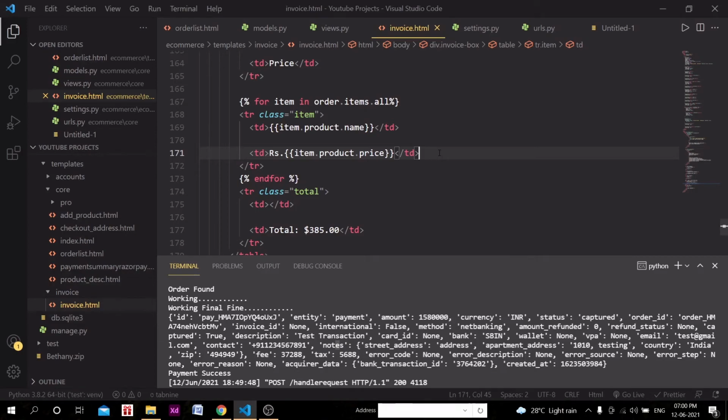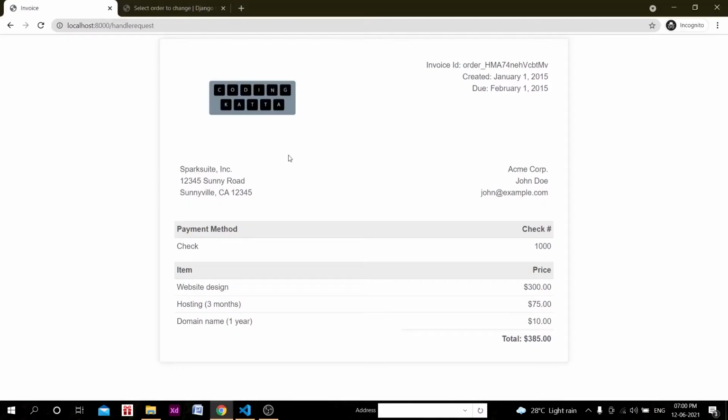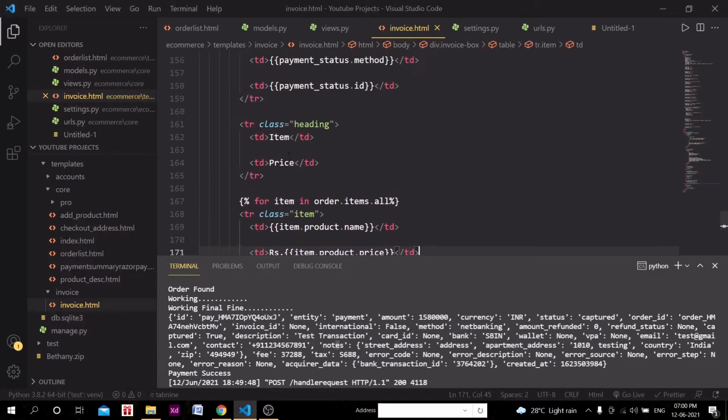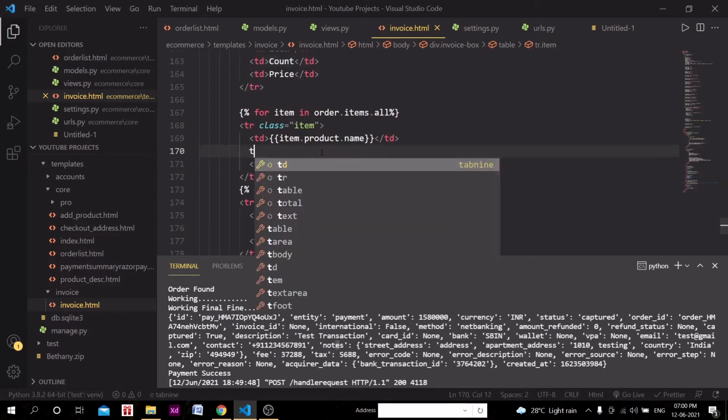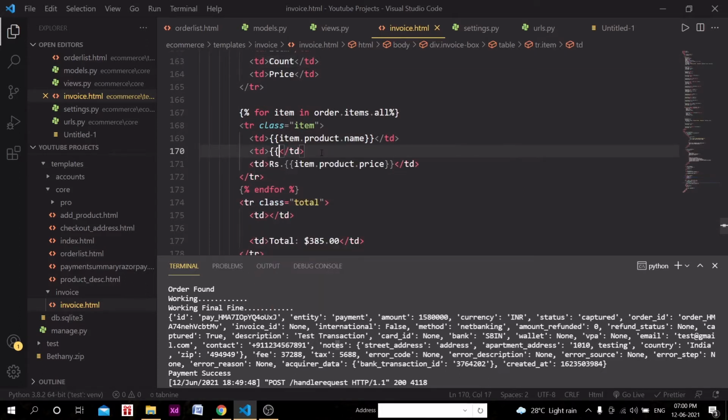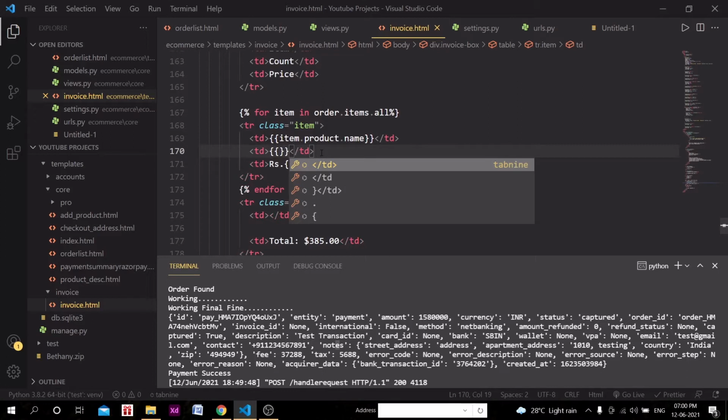One thing we are missing here, count should also be there. Let's try to add one td and see if it works or not. So count, here in the td we can add item.product.